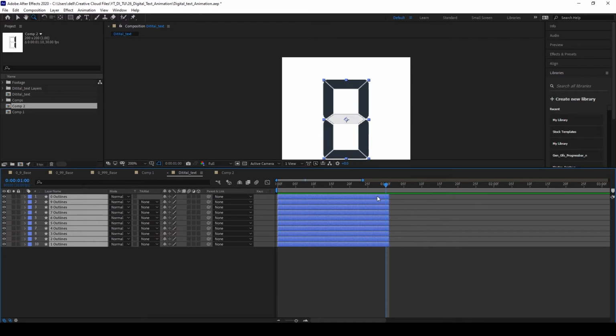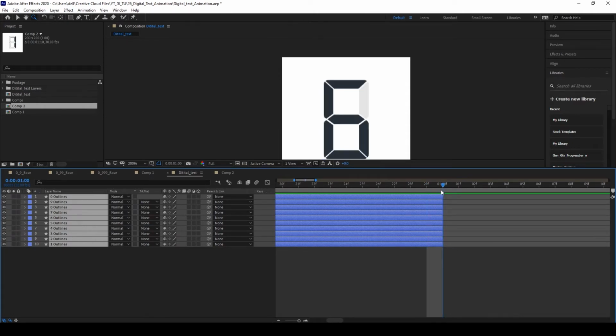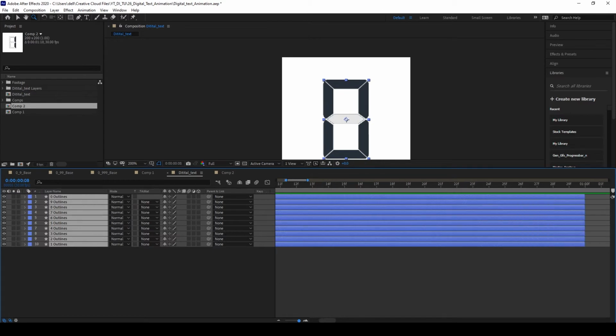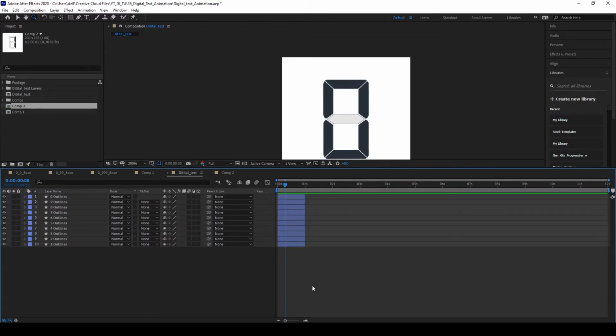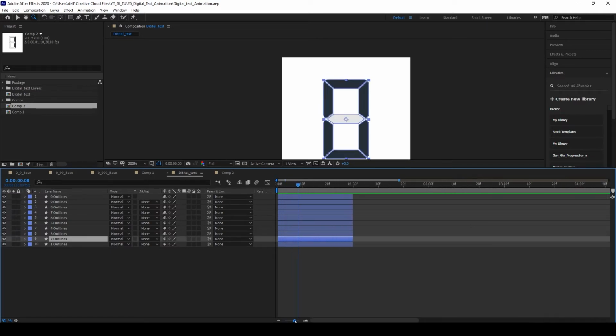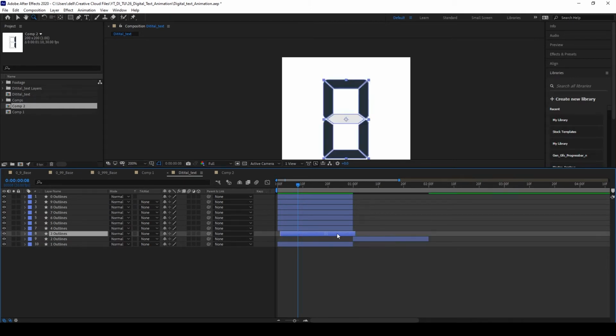So I'm going to select this, and I need to cut exactly on the 1 second. You see, this cut point has to be exactly on 1 second, otherwise a little bit of lag will come, and when we do the different animations like 9 to 99, it will create a little bit of overlap into each other. So now we need to paste these next to each other, all the layers.